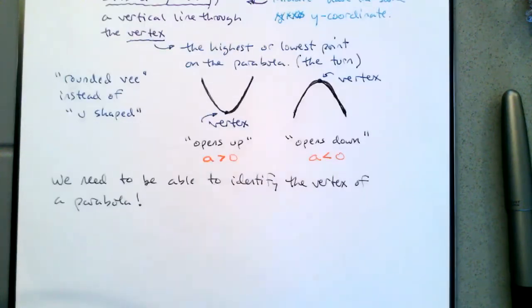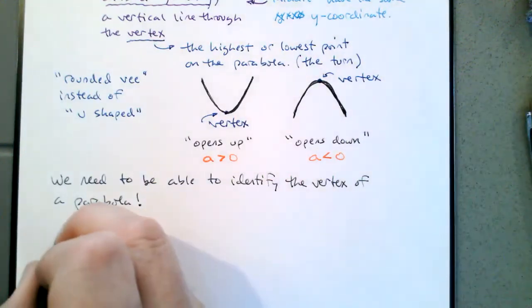We need to be able to identify the vertex of a parabola. We know that it's the point in the middle, and we can use the symmetry. So if we have a table of values, we want to look for any 2 points with the same y-coordinate. The x-coordinate of the vertex will be halfway between those 2 points. So the x-coordinate of the vertex